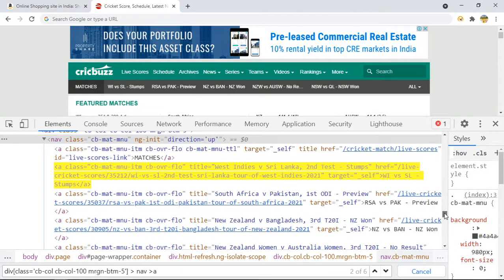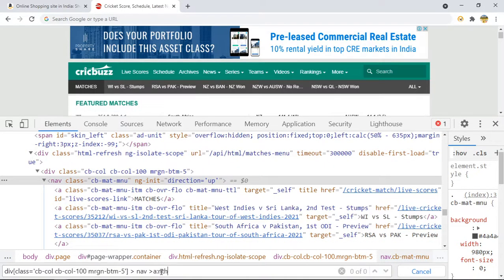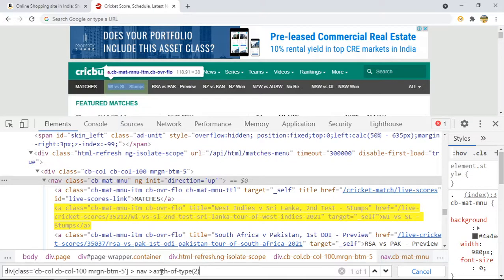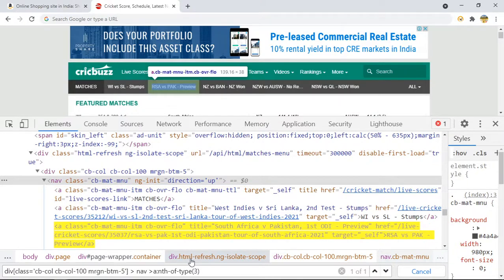So suppose I want to move to the fifth day or the second day. I want to move to the second day. How can you say that? You have to write nth. I am talking about CSS. So nth-of-type, nth-of-type 2. It will move you to the second one. If I say 1, it will move you to the first one. If I say 3, it will move you to the third one, right? Like that you can give any value, and it will move you to that particular place. So is it clear to everyone how we are forming this CSS?